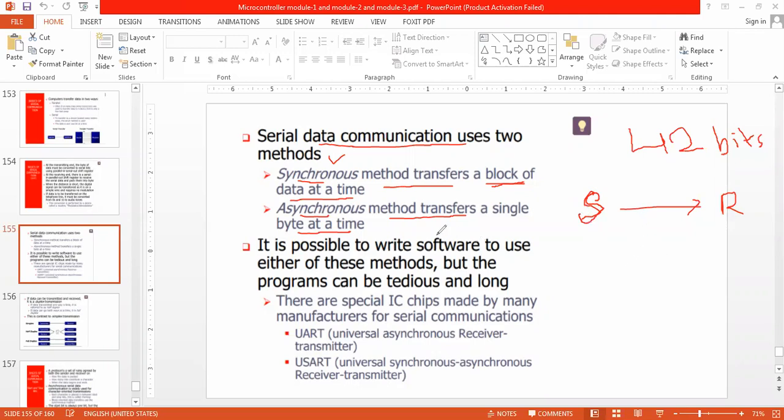What is synchronous communication? It works where a clock pulse is applied for individual data bits. What is asynchronous?